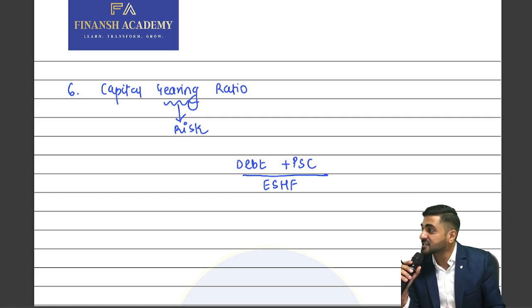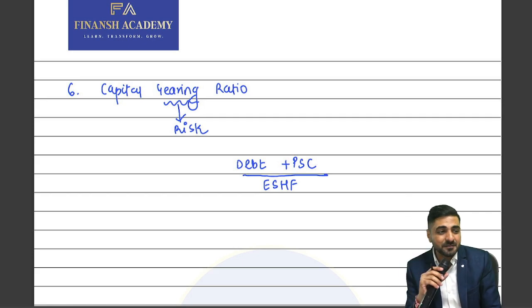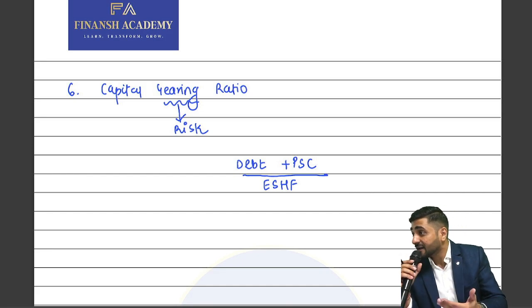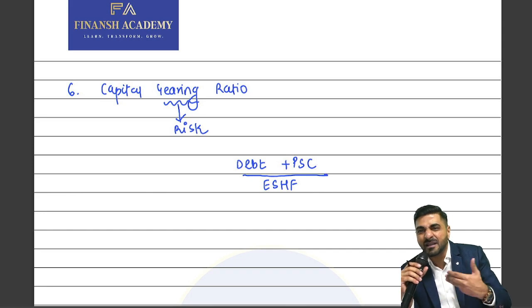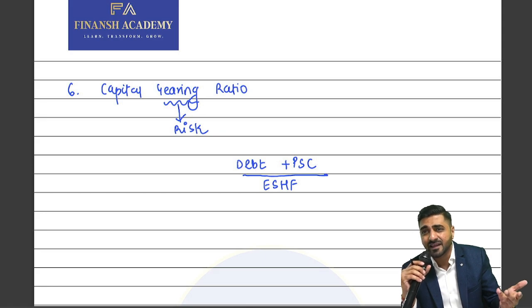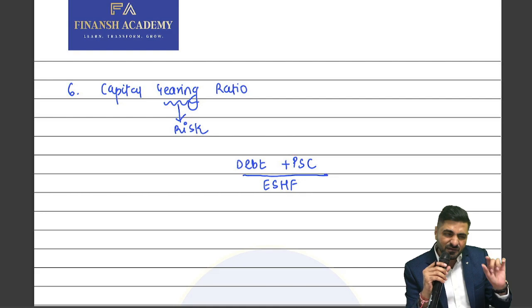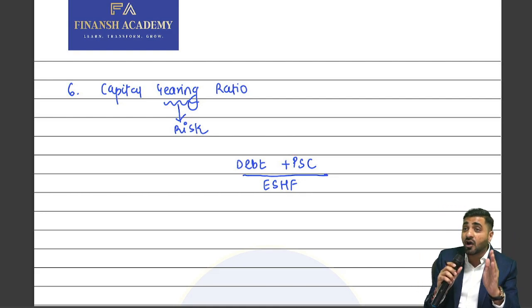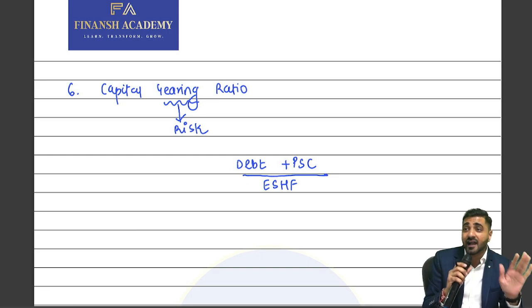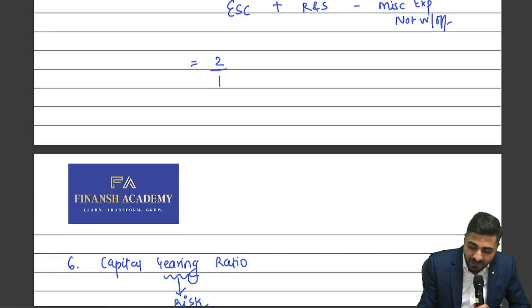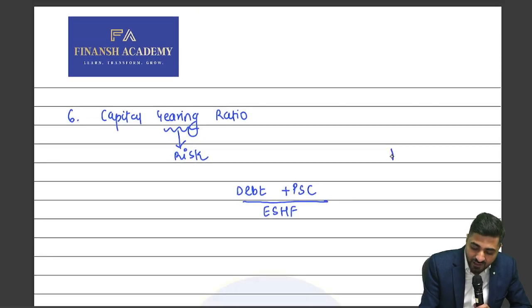Now if this ratio is very high, then what does it mean? Can I say risk is relatively higher? Because I have taken so much money from debenture holders, from preference shareholders, from bank loans, so I have to give them some fixed commitment. So in that particular case, if this ratio is extremely high, the risk involved is also going to be relatively high. So the capital gearing ratio, also the same concept, beta. Should this ratio be higher the better or lower the better? Lower the better.